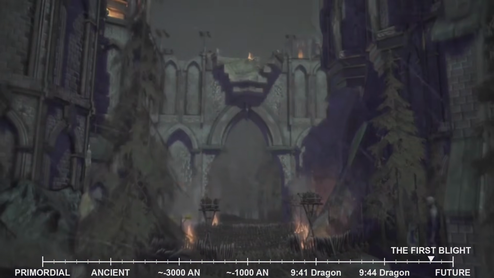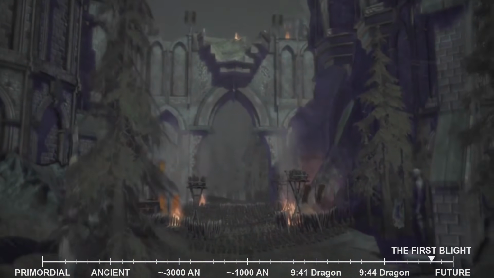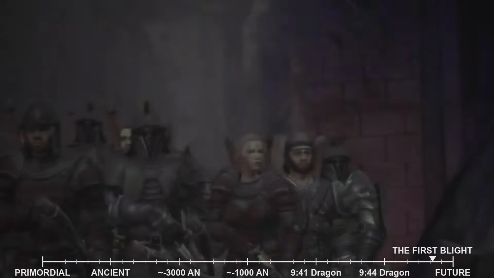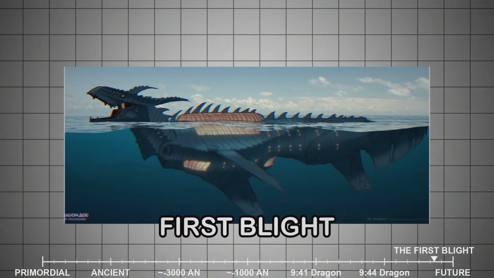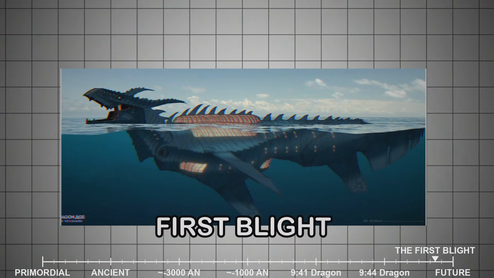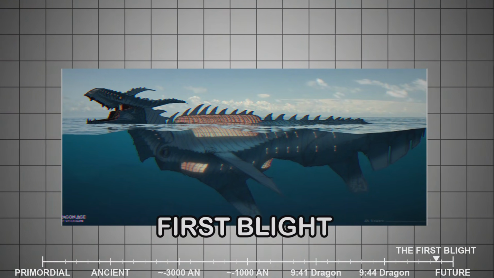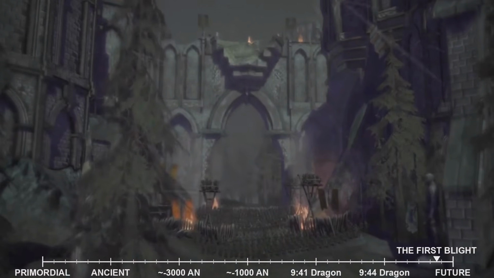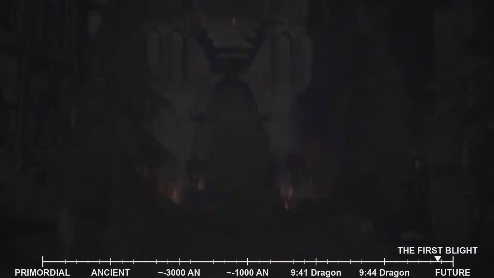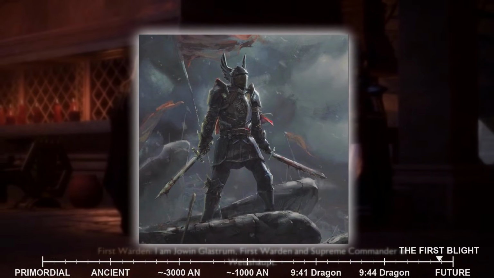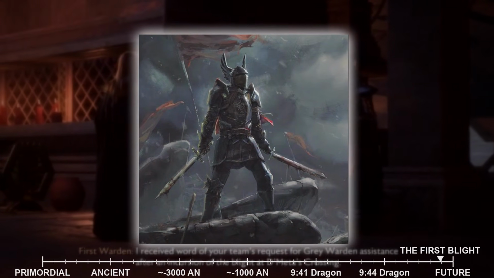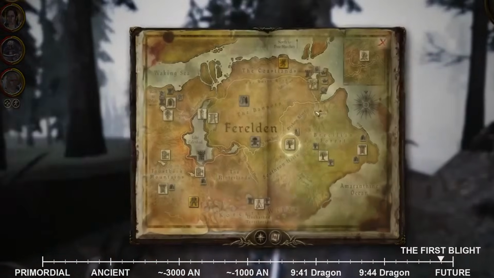The ultimate objective of the Grey Wardens was the Archdemon itself, for only its death could end the Blight. In this First Blight, that Archdemon was Dumat, the Dragon of Silence, one of the 7 old gods worshipped by the ancient Tevinter Imperium. Dumat, now a corrupted, monstrous dragon, commanded the Darkspawn with a terrifying intelligence. The Grey Wardens embarked on a relentless pursuit, tracking Archdemon Dumat across the vast and ravaged lands of Thedas. This was no simple chase.